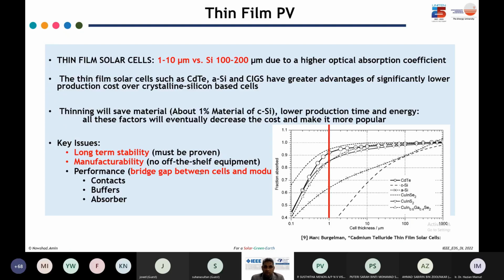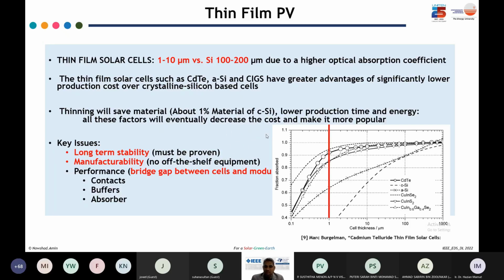And thin film photovoltaics are just in contrast with silicon. Silicon nowadays is roughly 100 to 200 micron thick, whereas thin films are roughly 1 to 10 micron thick. So what is the advantage of thin film? Because it is taking less material, so material-wise it is more cost competitive, and it will also solve other problems like the bulk resistivity problem. And also most of the thin film materials can absorb 90% of the incoming sunlight within 1 micron of thickness,